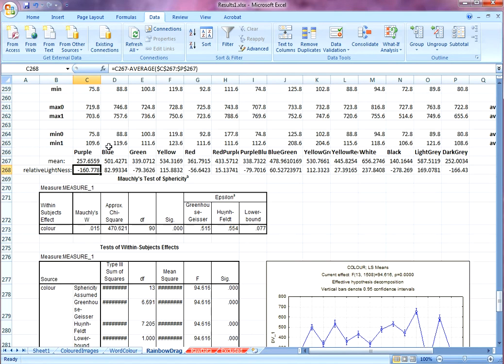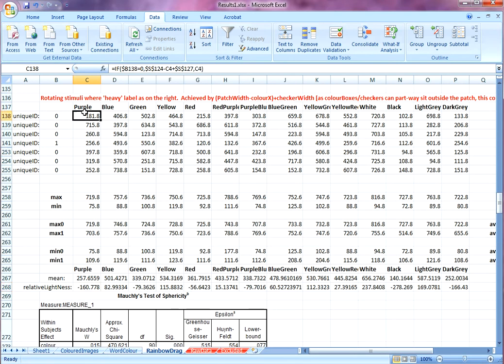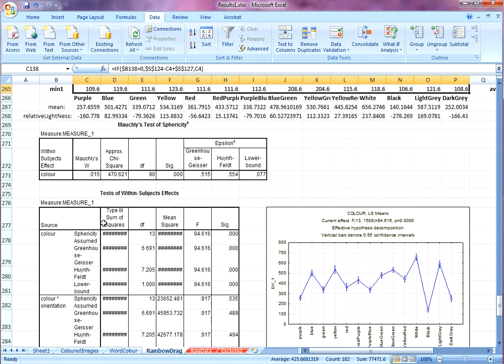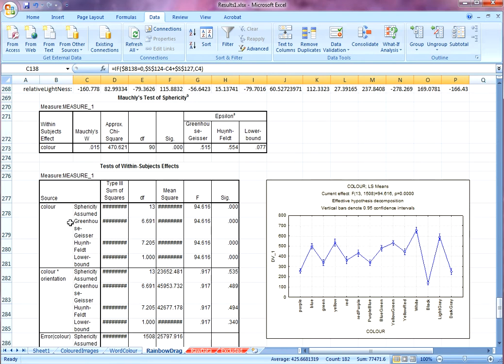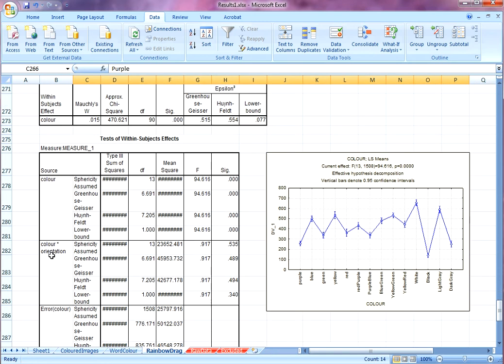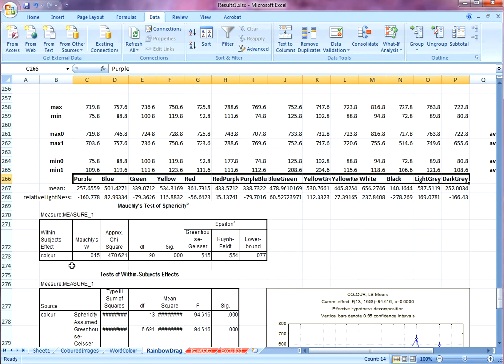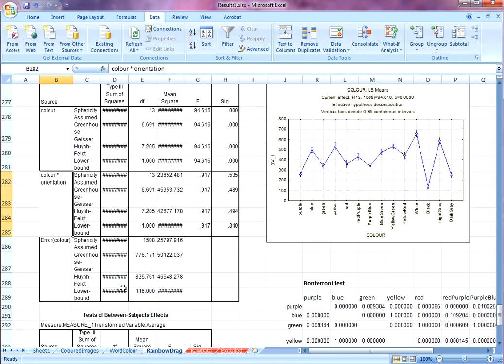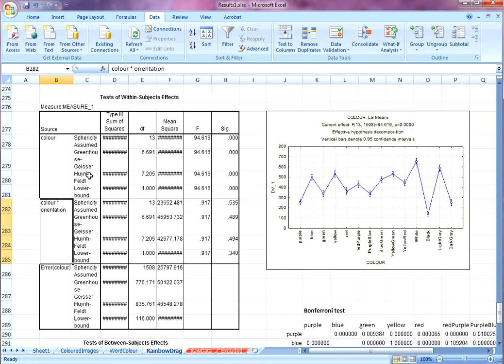Simply, I took all of these values and piped them into an ANOVA, with colour being one factor, so we had 14 colours, and orientation, left or right, the box that is, being another factor. And lo and behold, we find an effect of colour, and that effect of colour simply means that we have